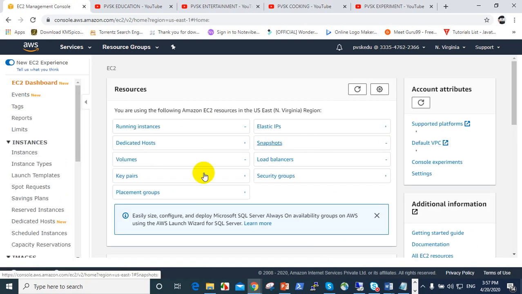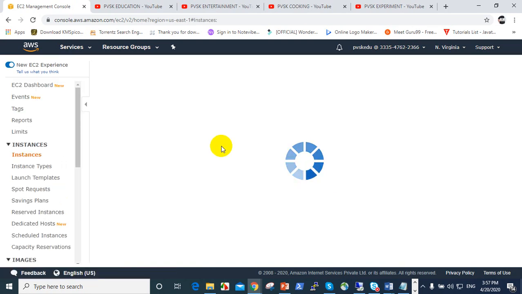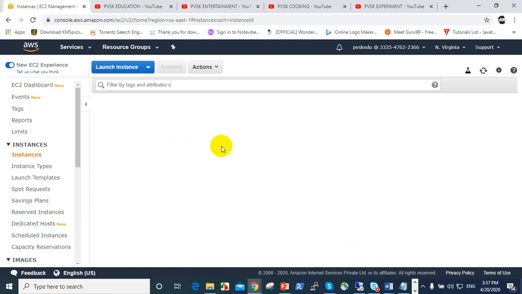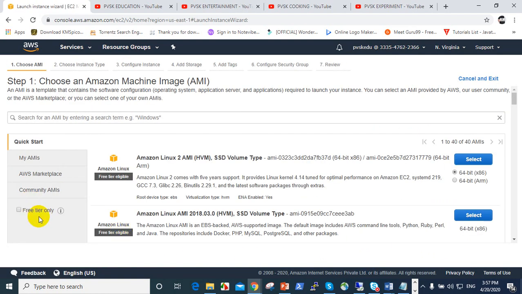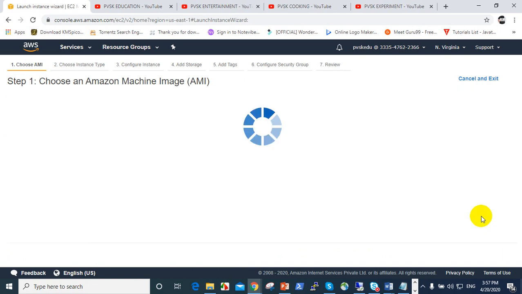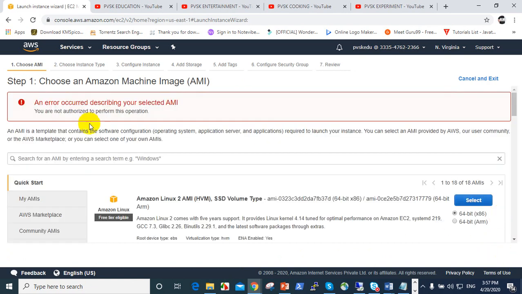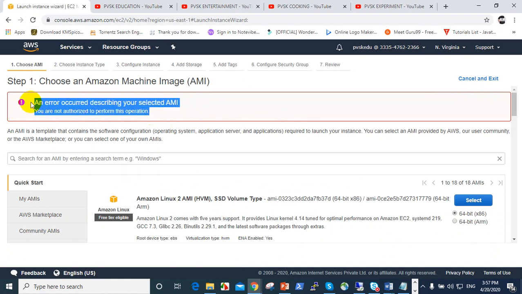Let's check whether it's created or not. Click on that. I think in the last process it was terminated. Click on this and just see this error. See the error that occurs here, no authorization. Because we are not giving any permissions to this user, that's why it shows like that.